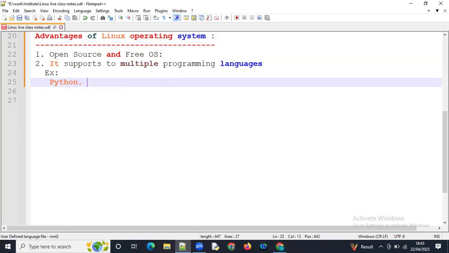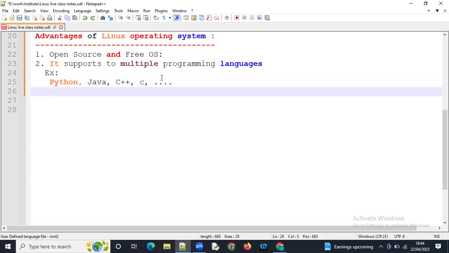Python, Java, C plus plus or C sharp, C. So these are the multiple programming languages. Not only these, it will have some more languages also, but the most top programming languages which are used in the world, I have mentioned here.